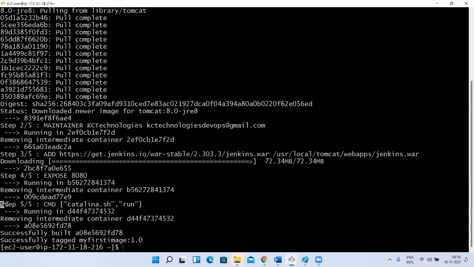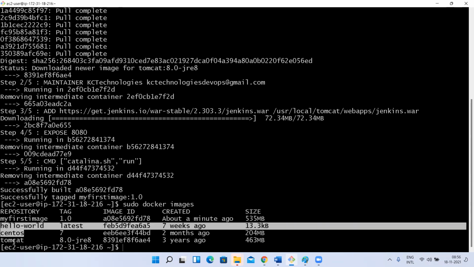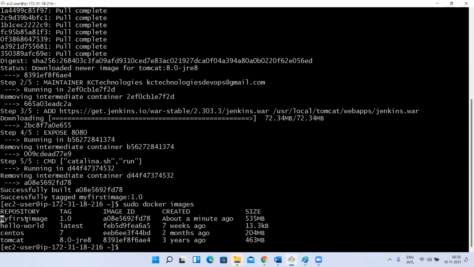Now you see here, it is showing the command catalina.sh, but it hasn't executed that. Now observe, if I type sudo docker images, you can see here the Tomcat base image, the FROM we have given, is also one image that it has downloaded. Along with that, these two were there earlier, and it has generated this custom image just about a minute ago. Understood, guys? Our custom image has been created.